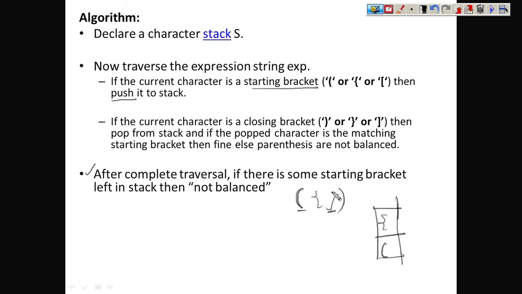Whenever you come across a closing brace, you need to apply the pop operation. Pop operation will always be performed on the top index. So this you are going to pop. You have to check that the popped brace matches the brace which you are actually pointing at. So you are pointing here, and this is actually matching, so you pop. You remove this from the stack, and you move to the next part.